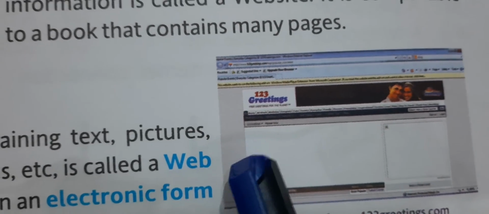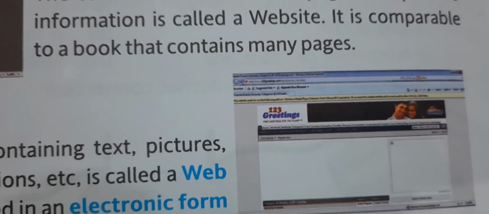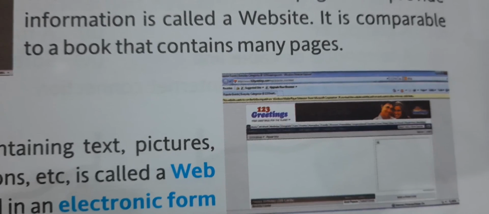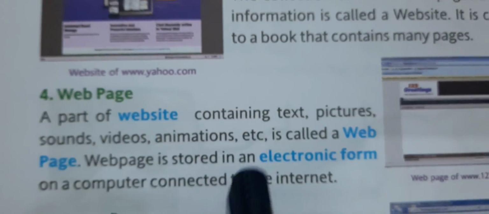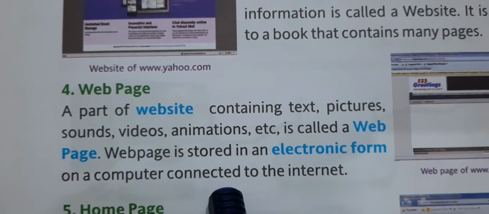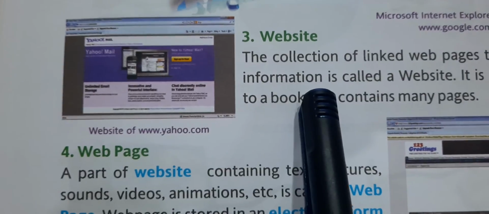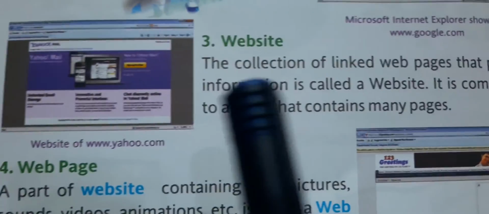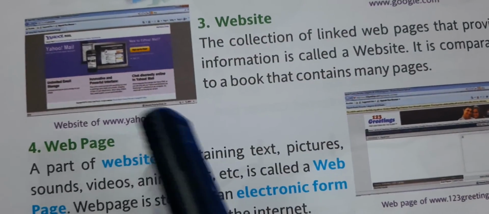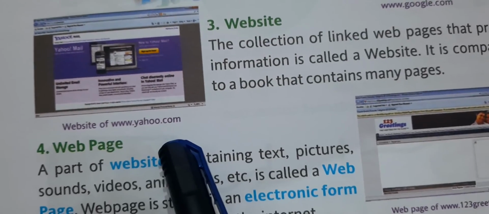Fine. So just like that, you can try in your own way, and you can even open your school's website. Okay, children, till here you will read at home, and if you have a system at your home, you will try to open different web browsers, and then websites in them.